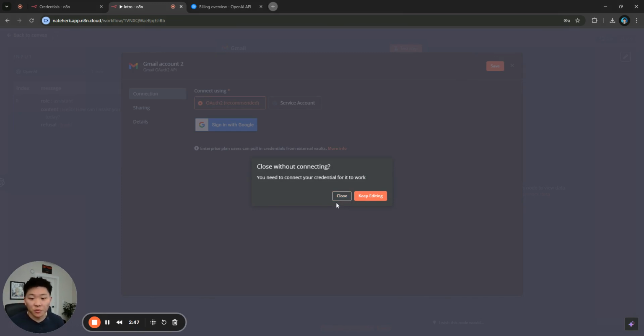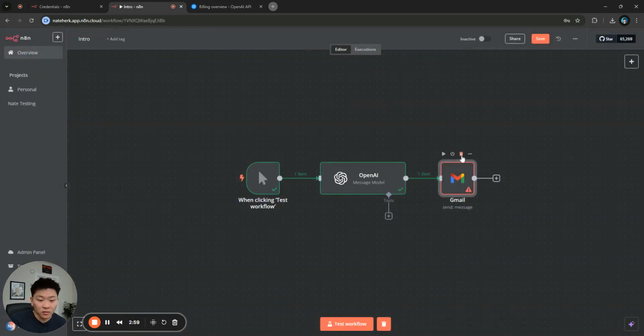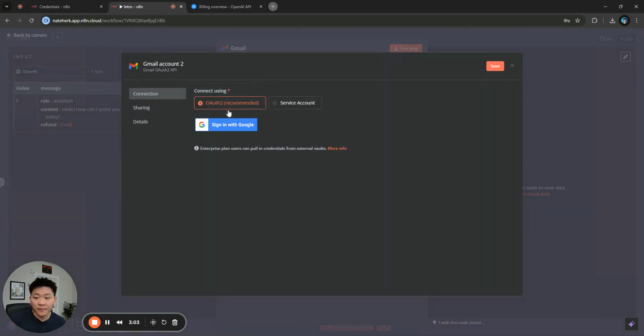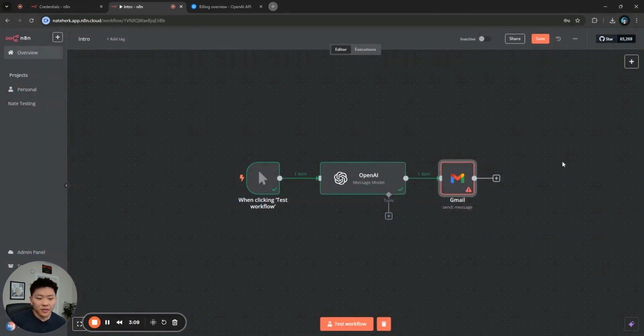And I think it's one of the reasons why something like Make, people think it's a lot easier because you just pretty much sign in. But here you have to set up your Cloud Console. So I have a video that I did about that, especially if you're just doing n8n Cloud. It's really not that difficult. But once again, you've always got the option to come in here. There's usually an open docs, but this one's different. So let me see if there's